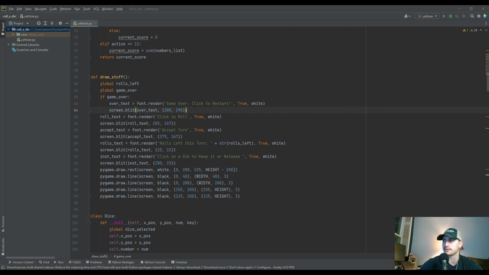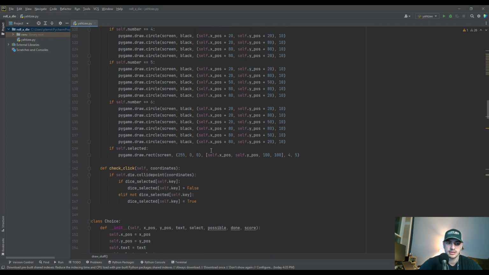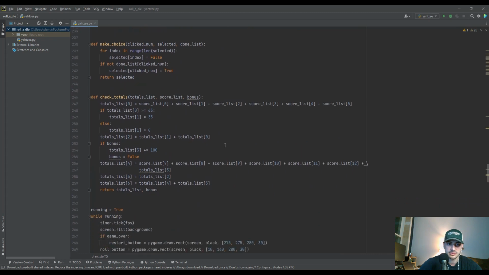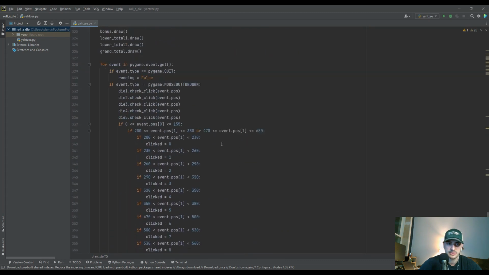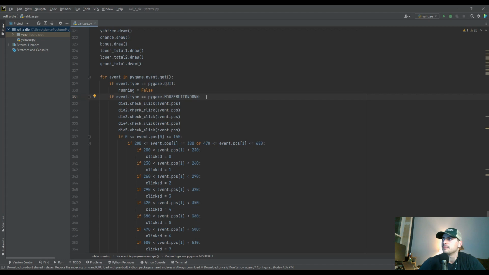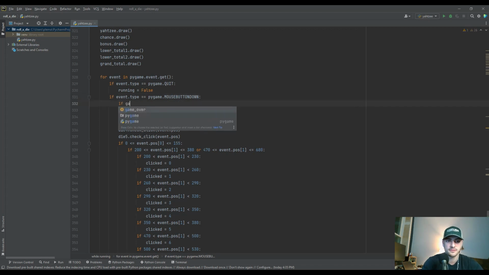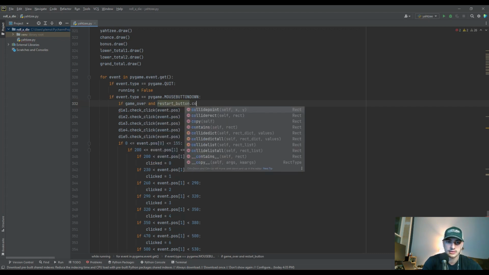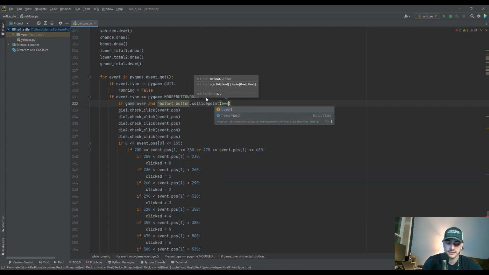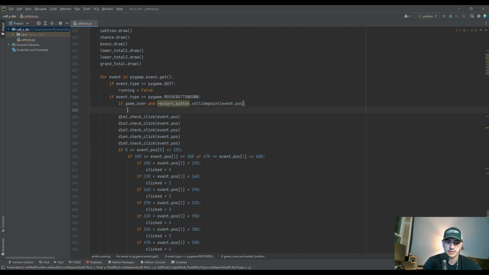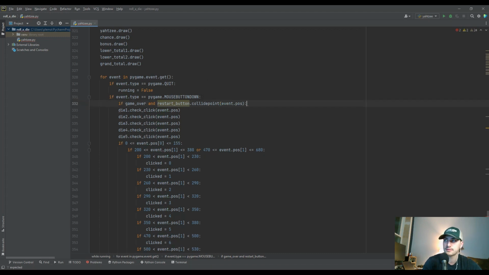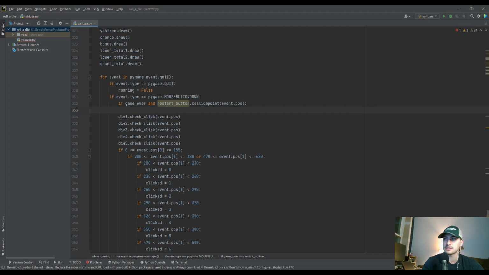So if you click that button, that means that game over must be over. And let's go ahead and say in our clicking logic, in our event handling, mouse button, let's add a condition in here that just says if game over and restart button dot collide point with event dot pos, right? So that's saying if the game is over and you press this, then why don't we go ahead and do,